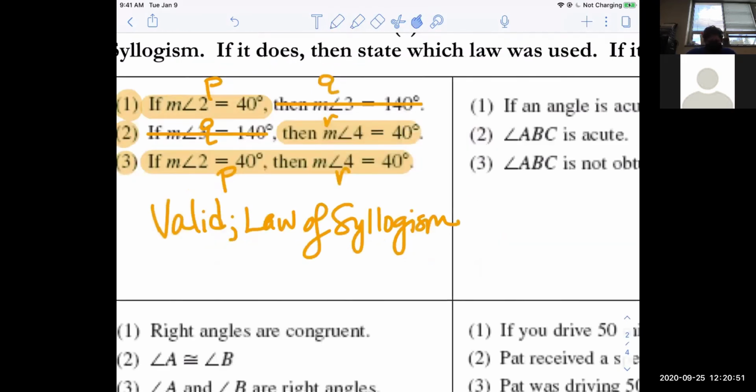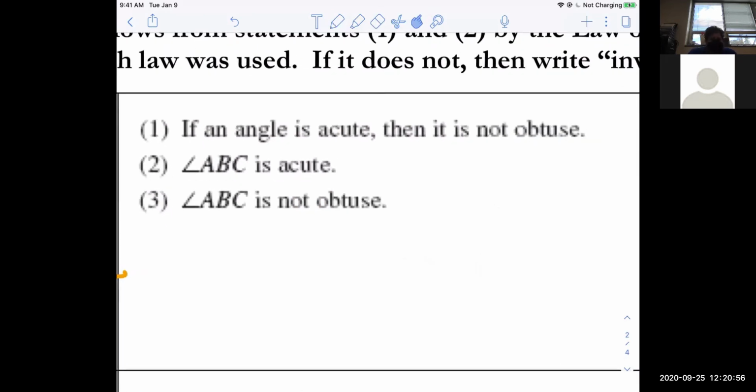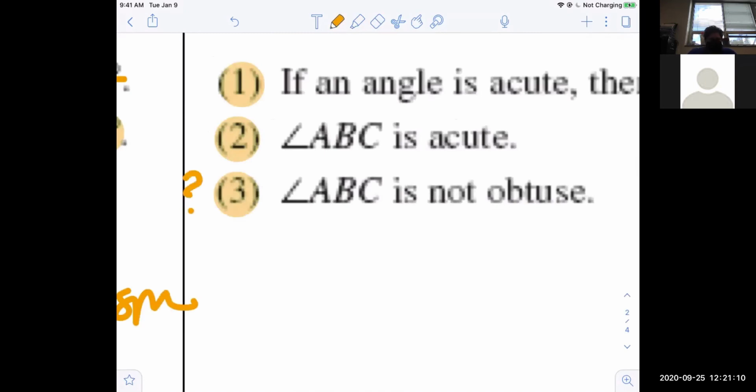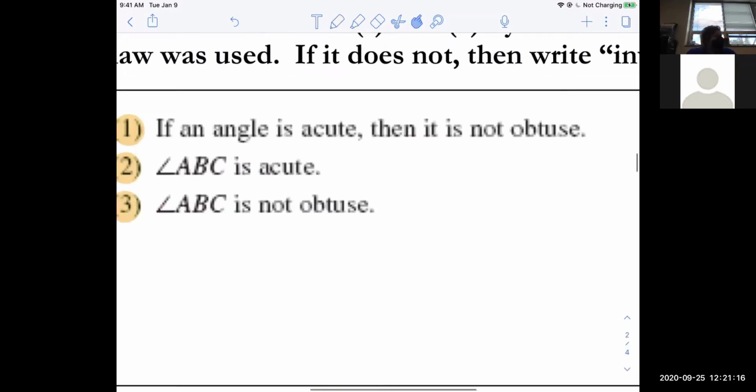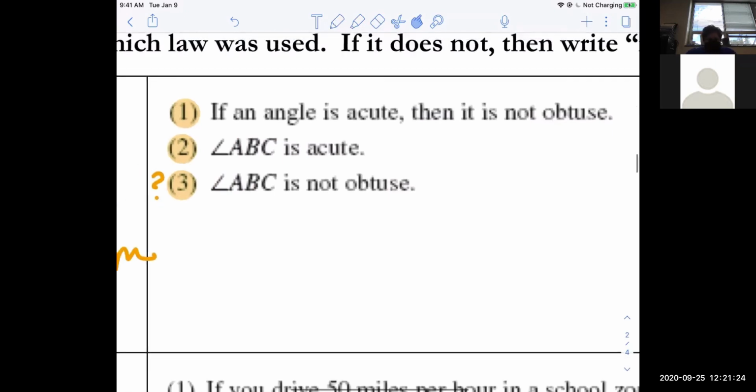Okay, well, let's look at this one. Statement 1, if an angle is acute, then it is not obtuse. Statement 2, angle ABC is acute. Conclusion, is it possible to conclude that angle ABC is not obtuse? So again, think of these like step 1, step 2, is step 3 a valid conclusion? Leah. Go ahead, it is detachment because